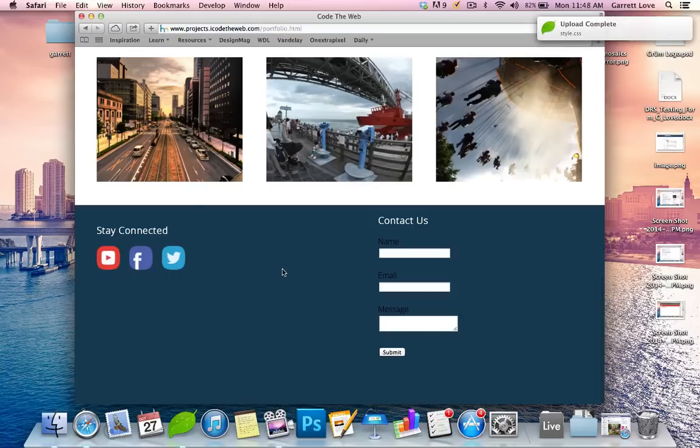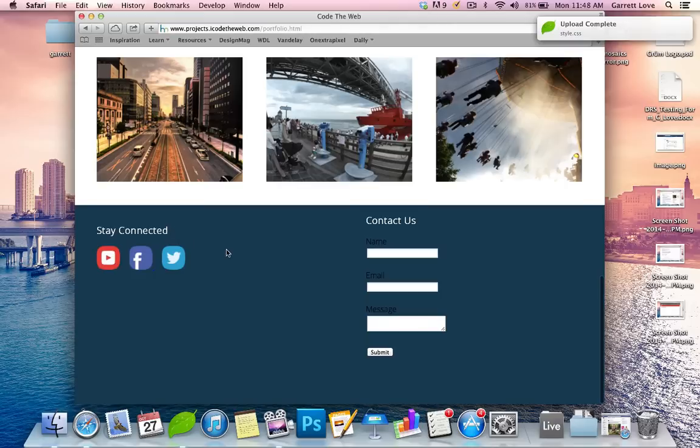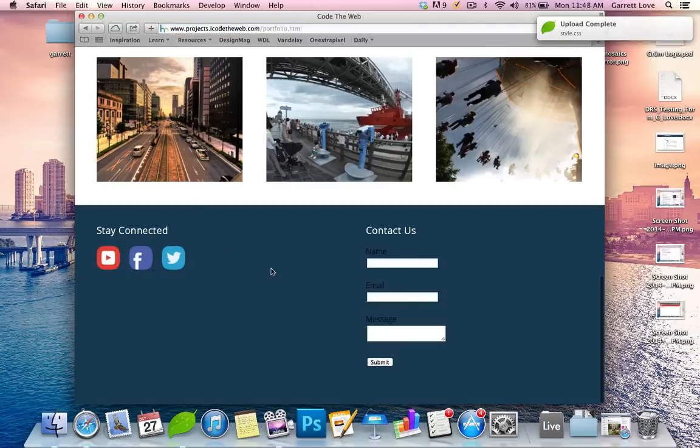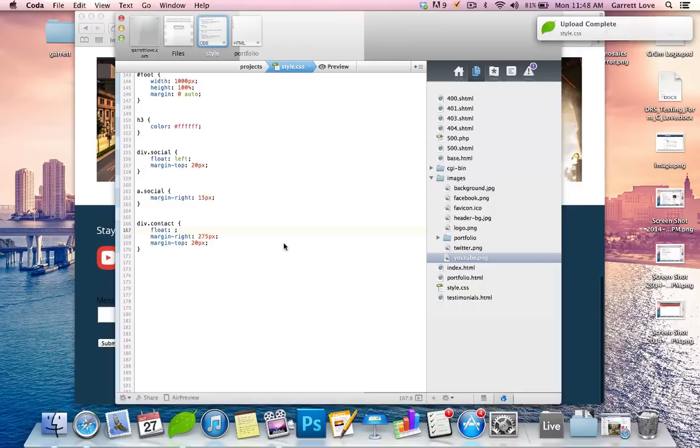Alright, that looks better. You just do 275. I don't know. Perfect. Okay, cool. So now we want to have this margin top the same as whatever the social was, which is 20 px, I think. Okay, cool. And if we take off this float right, just to verify that they are at the same level,